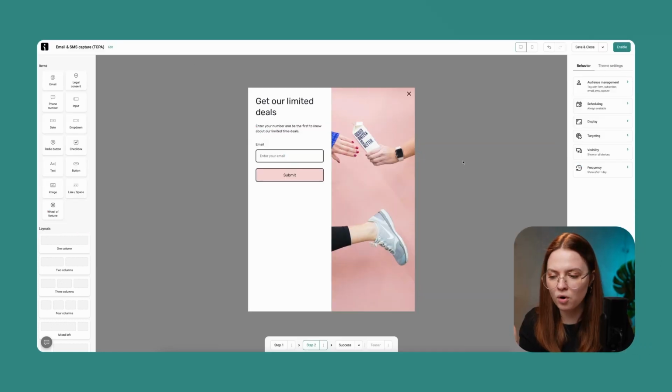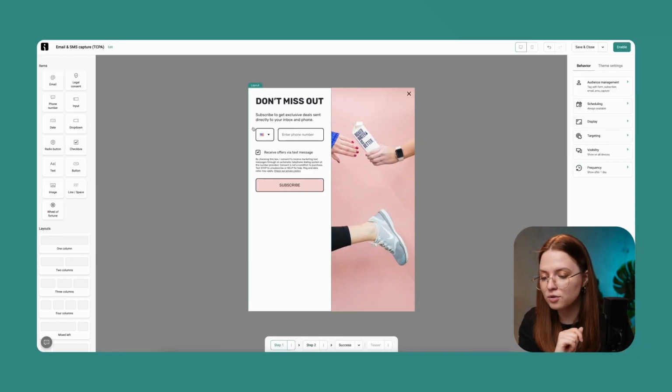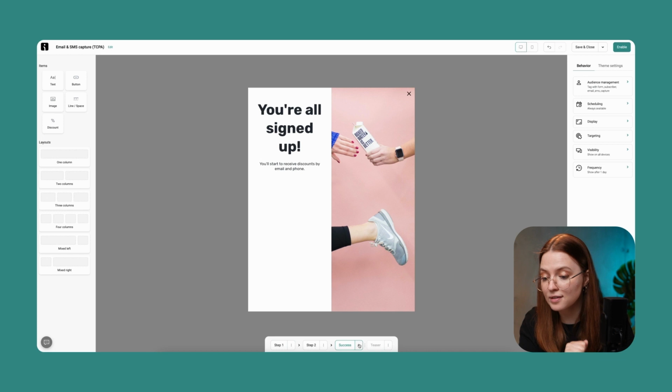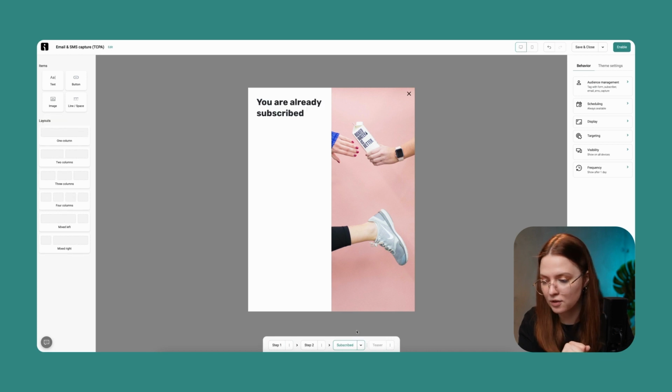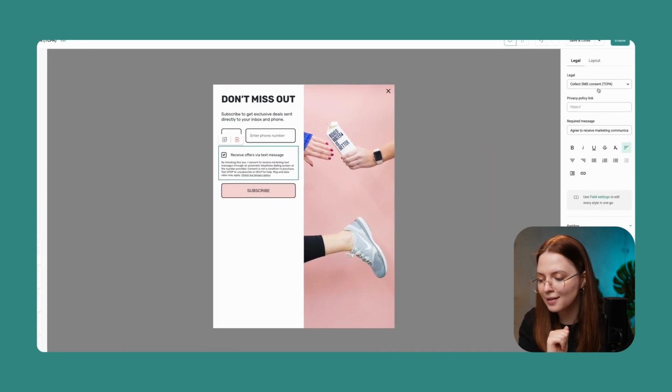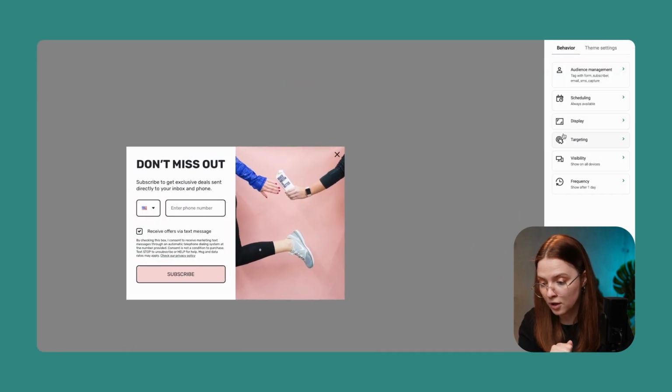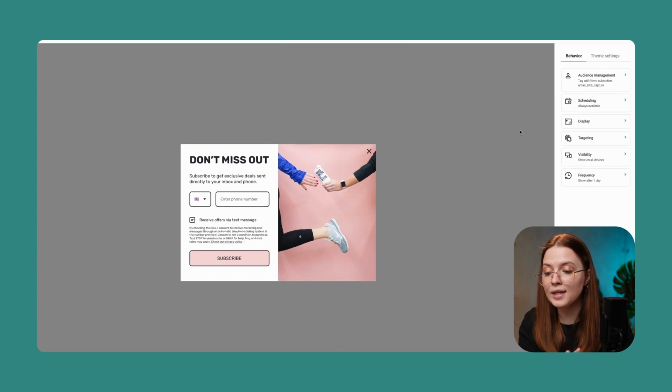Let's look at the form overall. It has everything that you need already included, and if you're satisfied with all of the fields and copy, and you know what, don't forget to check the success and already subscribed messages. It is pretty much ready to be enabled. Just remember to check the legal consent block over here, so you make sure that you don't violate any laws